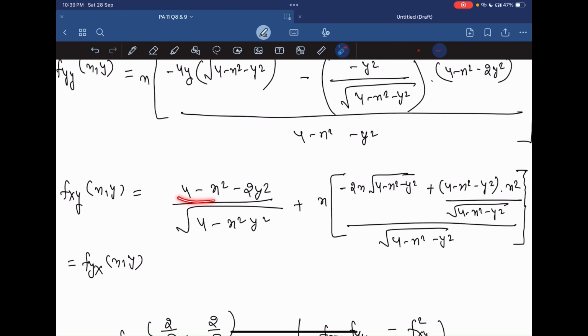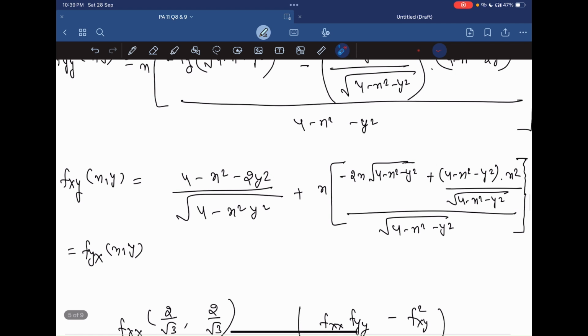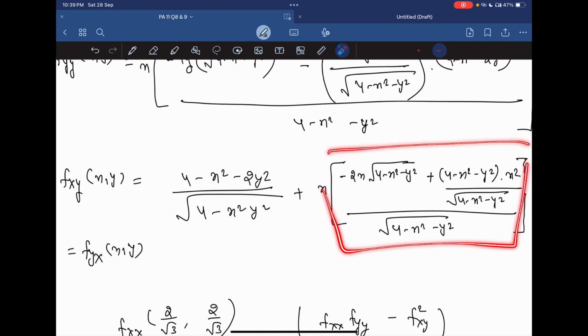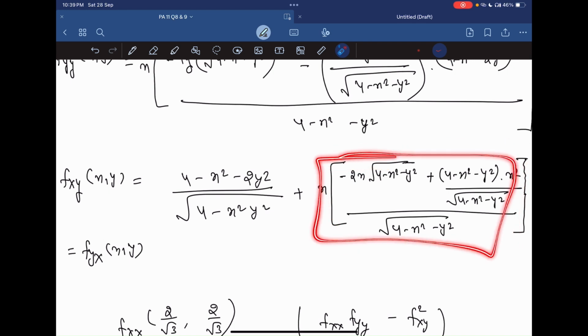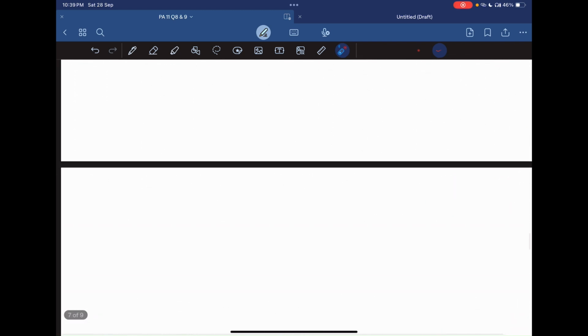Now, if we put here the x and y value, that is 2 by root 3, it will be 4 minus 4 by 3 minus 8 by 3. So again this would become 0, so this term vanishes. Now we are left with this inside term. So we'll put our values here. So it would become